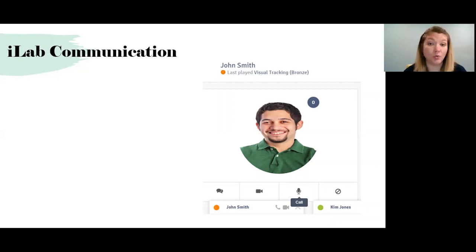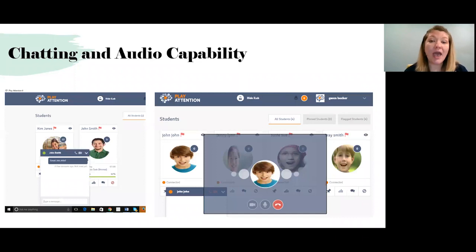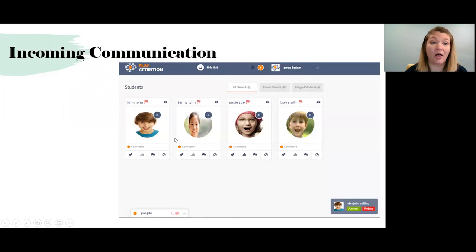They can call you. You can also have the ability to chat, like in a chat room or a text message. So maybe you don't want to have a call, maybe you don't have a video chat, but you have the opportunity to chat with them. But again, all of those little icons are down on the bottom. So whichever one you want to choose, you have the opportunity to choose it. And you see here the little box that popped up, that's that student. You can call, you can have a voice conversation, you can have that video chat as well.